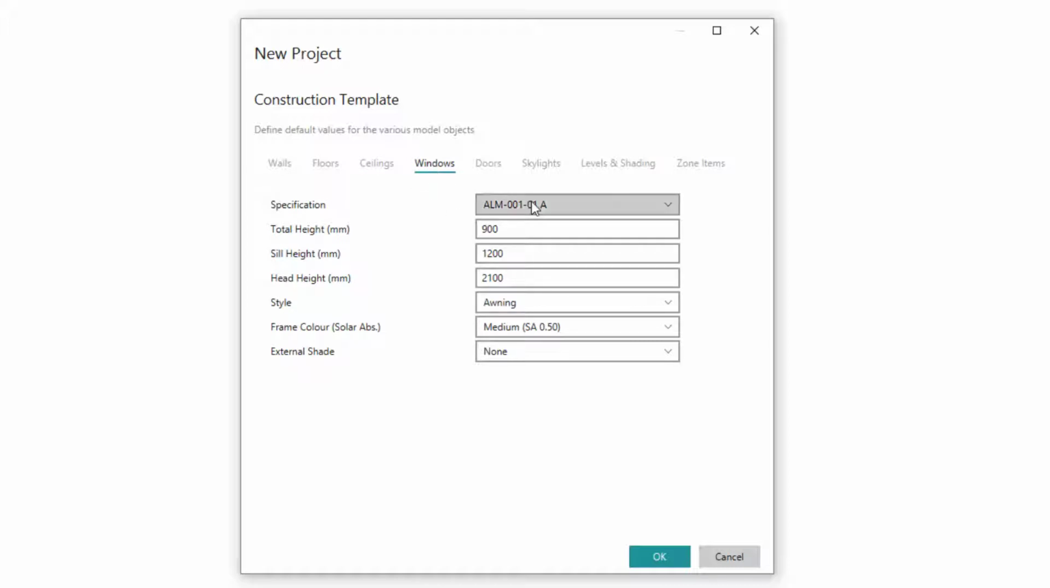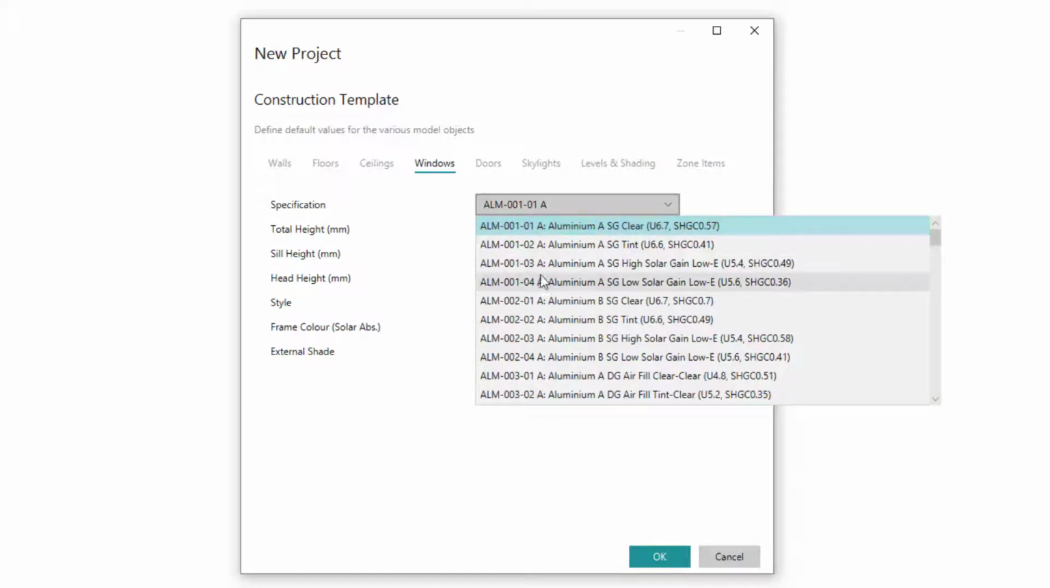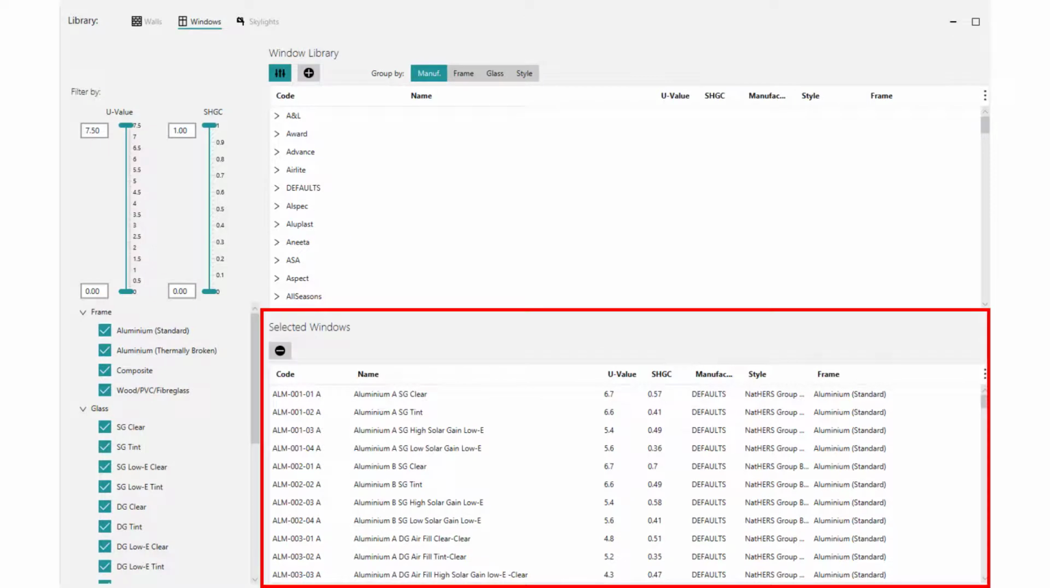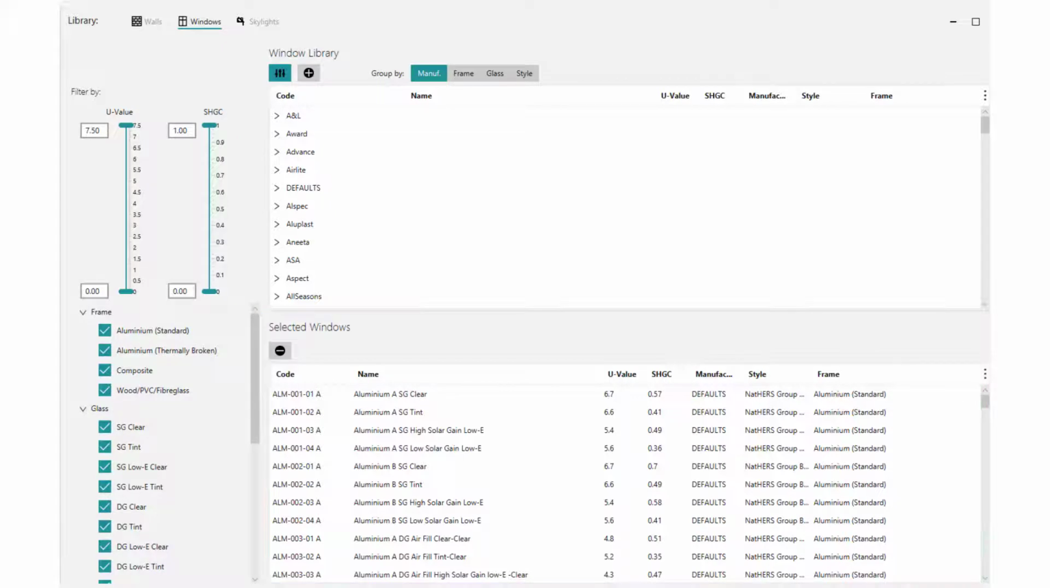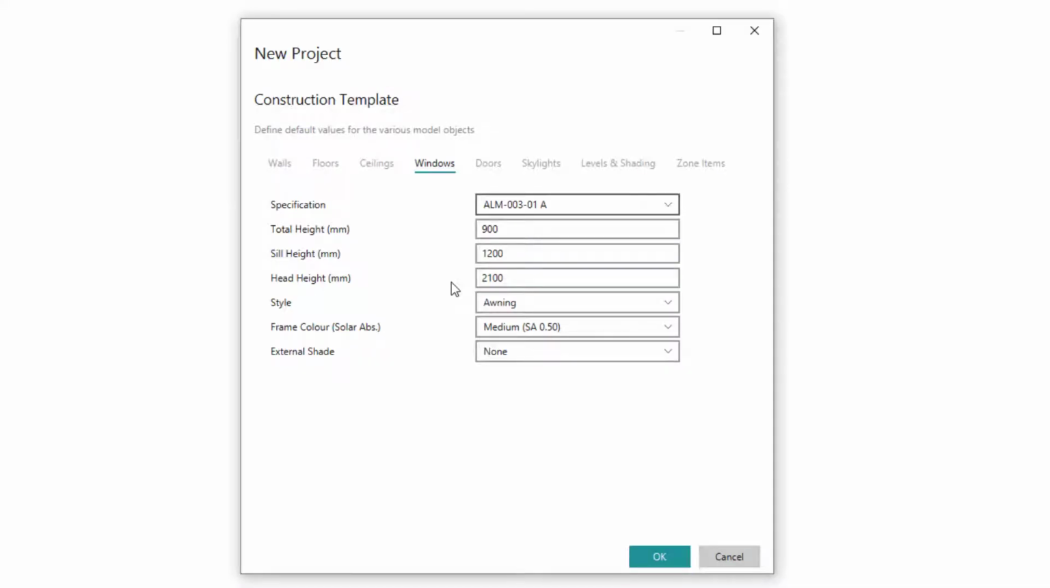For windows, we could set up the defaults here. Note the available options are based on the selected window list, which you choose within Hero's window library. So if you have a custom window which is not available for selection, you would need to go within the window library and change that, select that, and do the template again, or just change the specification later in the opening data grid. You can set the default heights of these windows, default style, frame color, external shade options too,